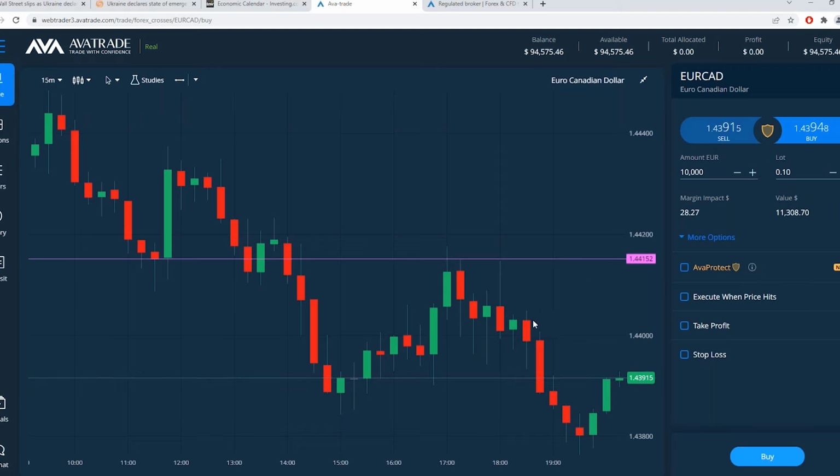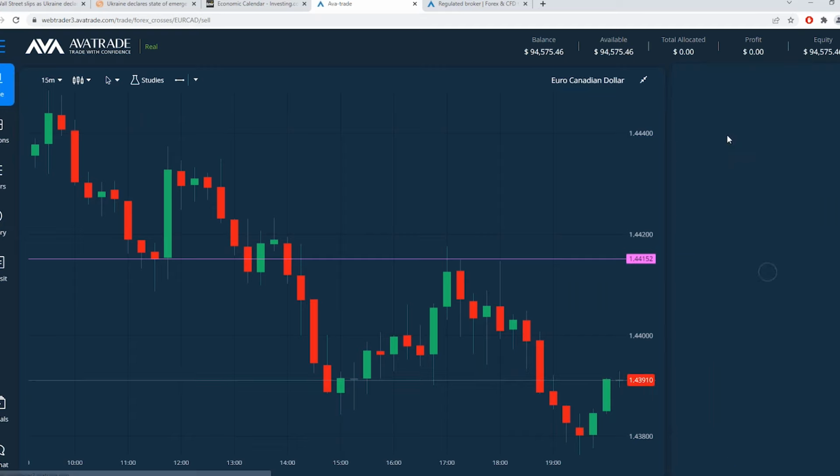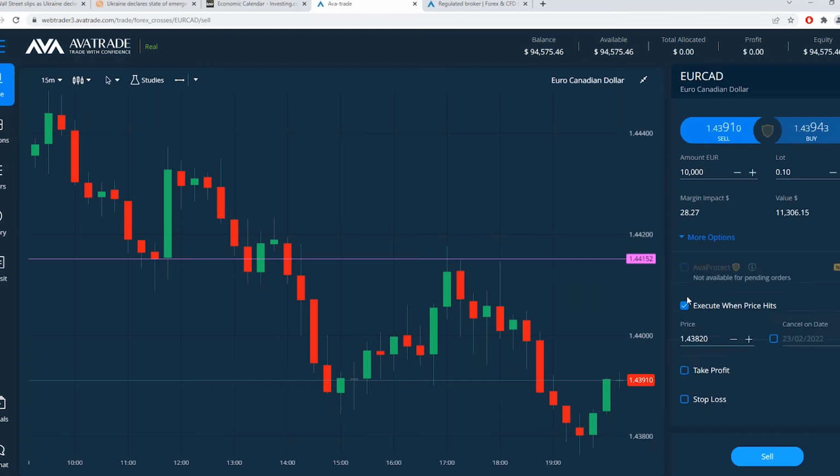Okay, an opportunistic spot. So we could start putting pending orders, saying sell, execute when price hits 144.15. Then you might say you want to sell with a stop loss above maybe this resistance level up here or here. Okay, there's a resistance here, old support. So you might start to say, okay, I'll put my stop loss up at 144.30, something like that.